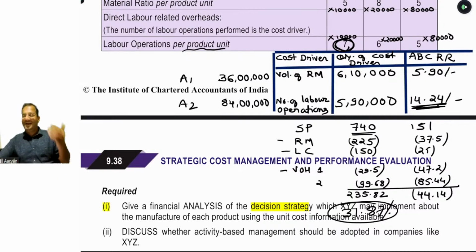Either you will be following the existing method, or you will be following the ABC method, and you know that ABC method is more logical method for recovery of overhead. Therefore, whatever the picture is provided by ABC method, that reflects the true winner and true loser. And in this case, the company should accept only the product number 1, because product number 2 is resulting in a negative contribution. 28% is a far-off thing. Even product 2 is providing the negative contribution at a sale price of 151.